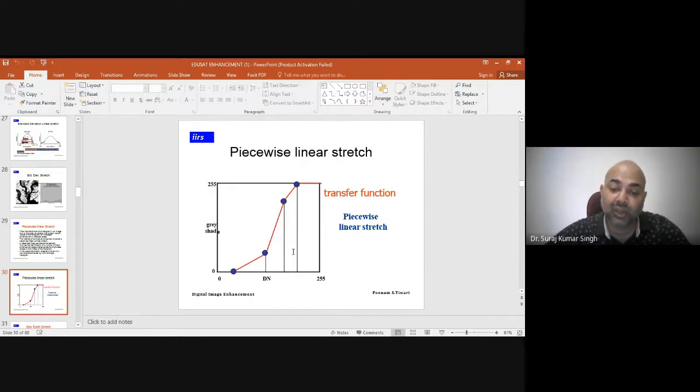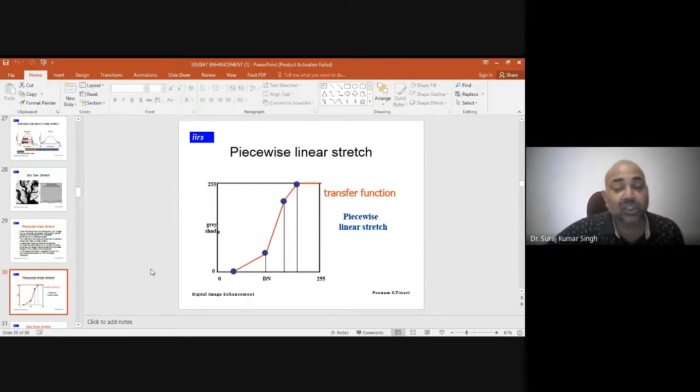If I want to highlight the numbers between 60 to 90, I'll be stretching only those pixels, not the entire image.